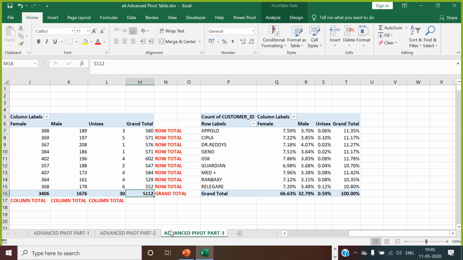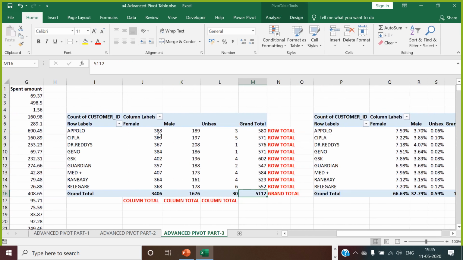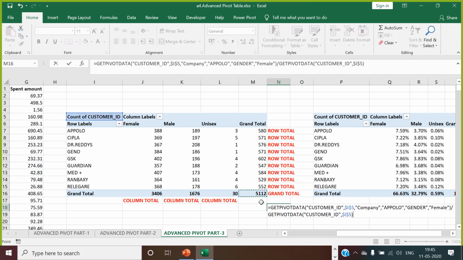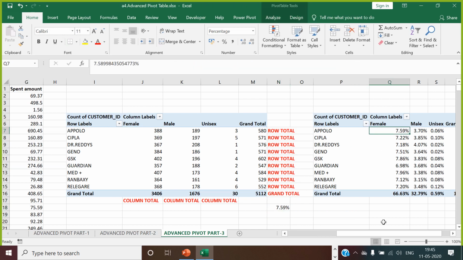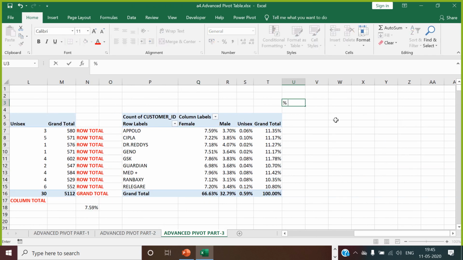So total is 5112, female in Apollo is 388 customers. So you are saying 388 divided by 5112, it gives you in percentage format 7.59, which shows over here. So this is called percentage of the grand total, guys.